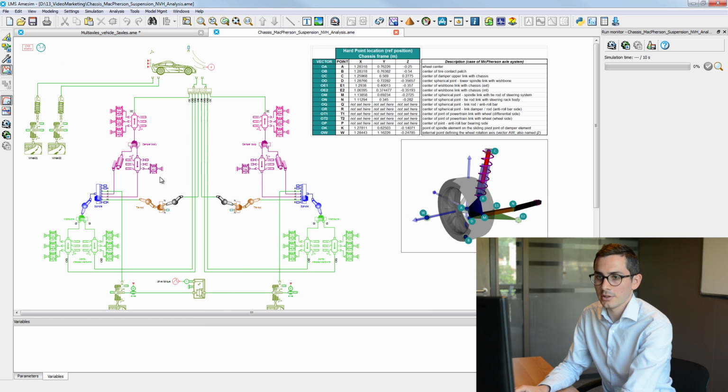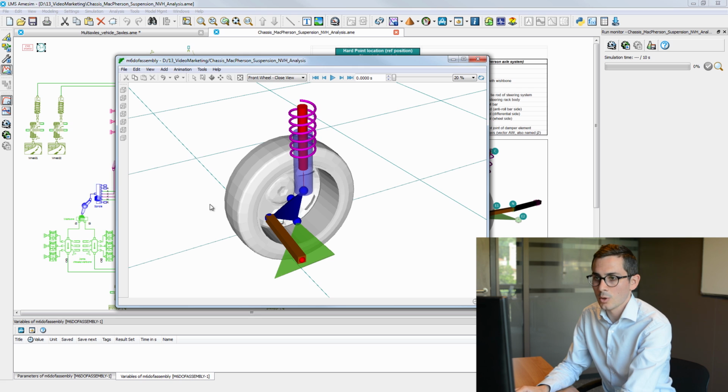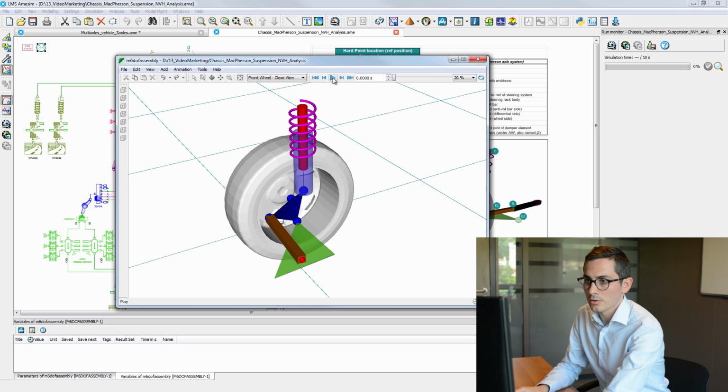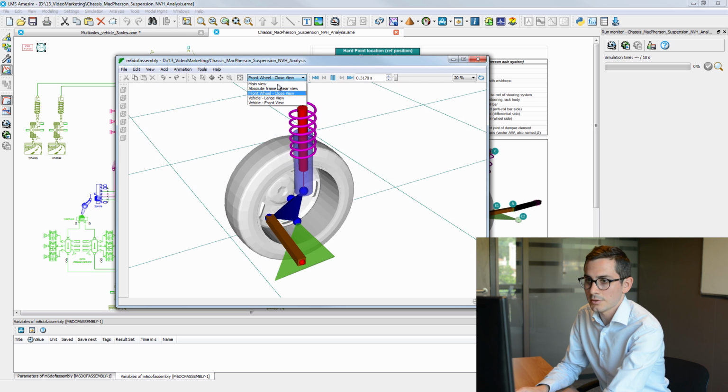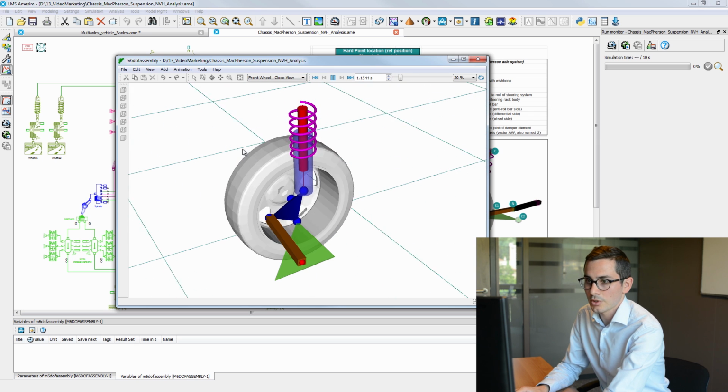Thanks to the 3D mechanical library, we have access to automatic creation of 3D animation. By double-clicking on this icon, I will open an animation with the McPherson suspension, which is directly connected to the model. I can animate this model and have different views of the suspension.